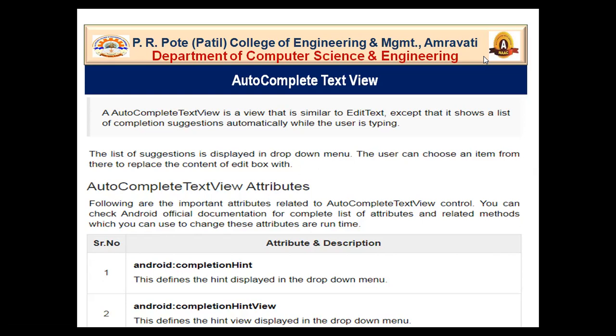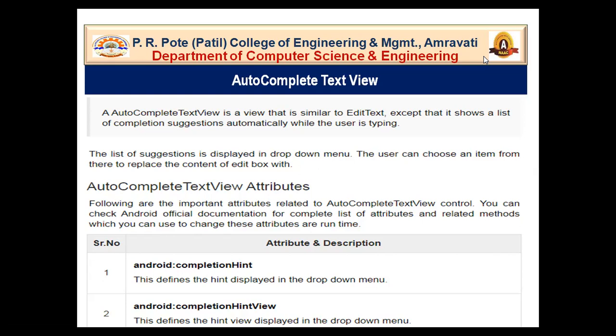Or for example, if you enter Pote College, it is going to show you Pote College, Patil College, and likewise a number of suggestions. And you have also seen that in the Google search engine, when you search something, it shows some suggestions to you. That is autocomplete text view.